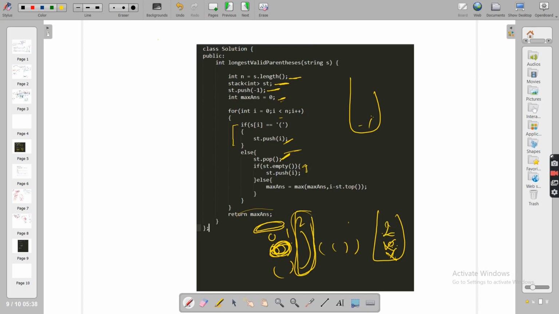But if it was not the case that the stack was empty, as here, if you see, you were pushing 3, then 4 was coming. After 2, this was 3, 4, 5 and 6. So 3 was an opening bracket, you put 3 here. Then 4 was an opening bracket, you put 4 here. Then 5 came, 5 removed 4, then 6 removed 3, and when 6 removed 3, it saw that the stack is not empty, 2 is there.